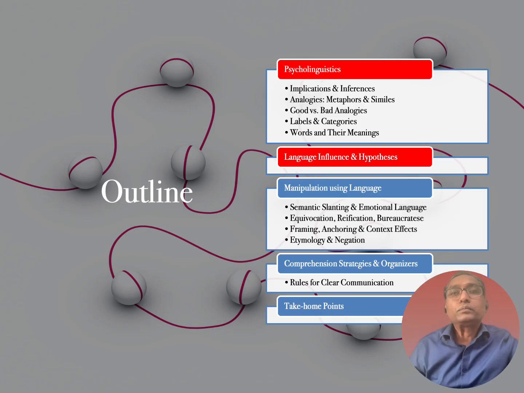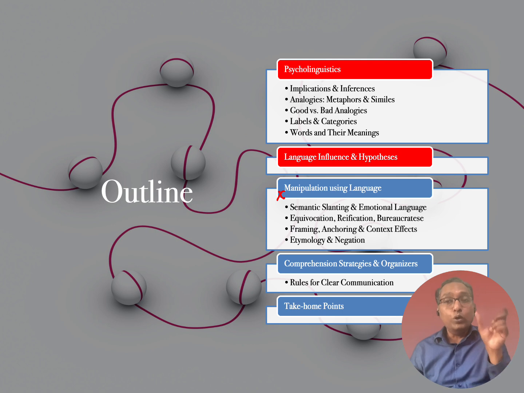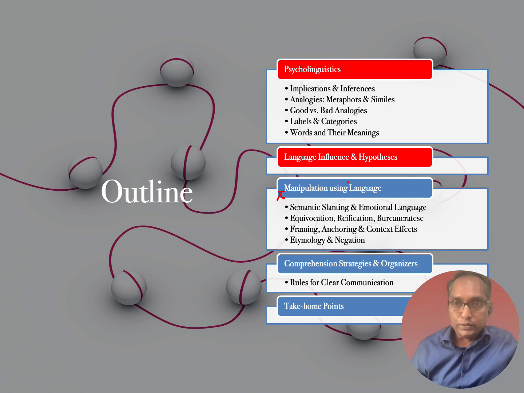Okay, so we'll talk about how language, and the words we choose when we're using language, can influence us in a way that can manipulate our thinking and can change our behavior, right? And we'll talk about different ways people can use language to manipulate us. So we have to be aware of it. So we'll talk about that in the next slides.